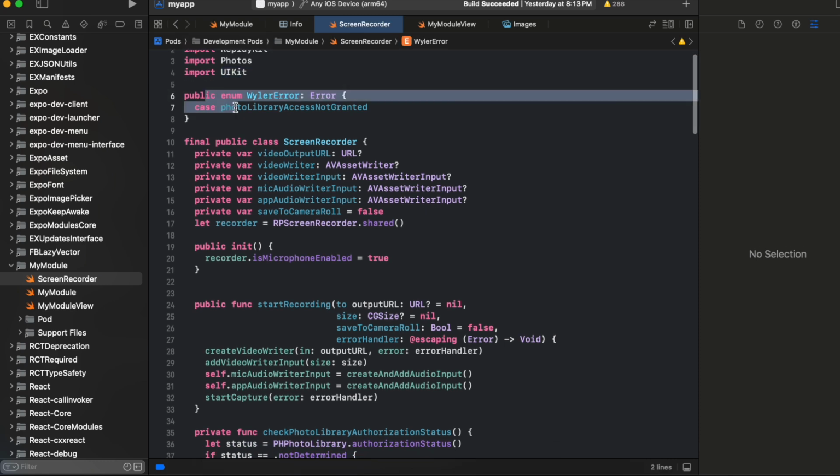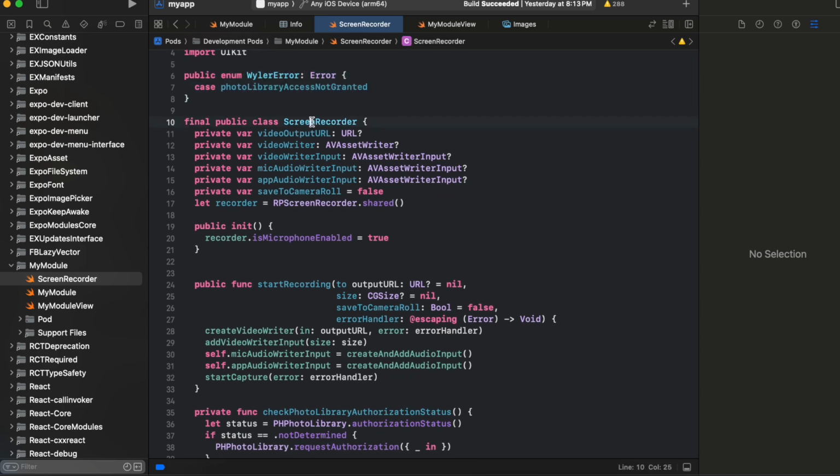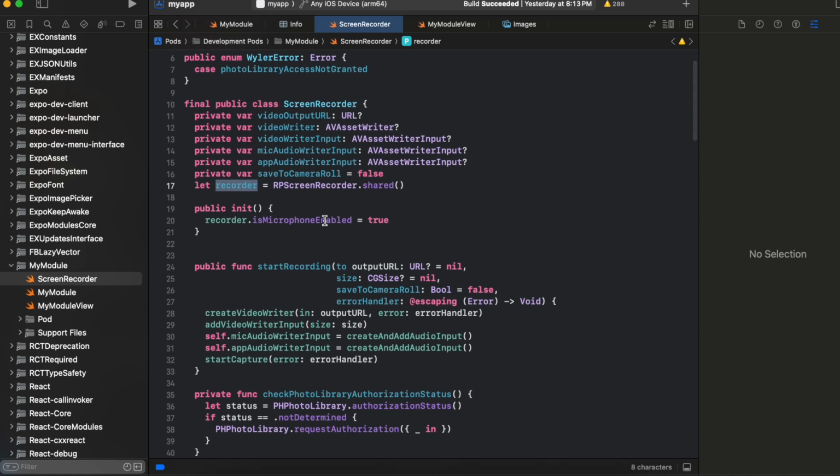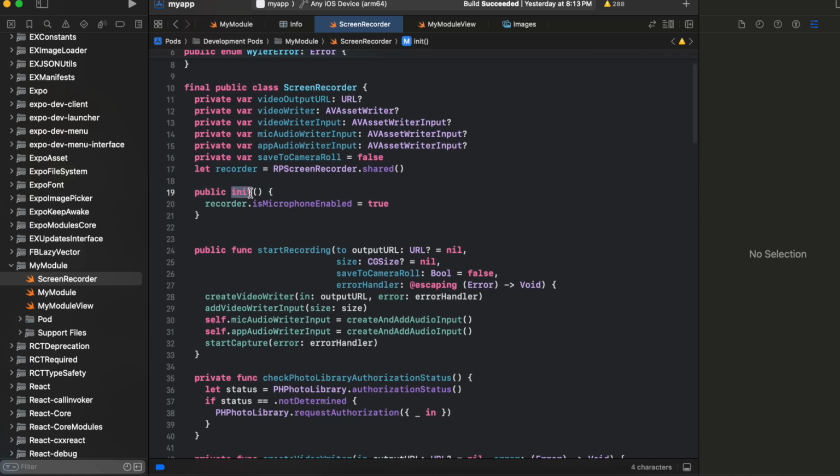This is just an enum for errors which I have defined. Then here is our class called ScreenRecorder. Here is our video output URL. Here is video writer input, mic audio writer input, app audio writer input, saveToCameraRoll equal to false, and here is our recorder, RPScreenRecorder.shared. We have just created one singleton, and inside the init method we just set recorder.isMicrophoneEnabled